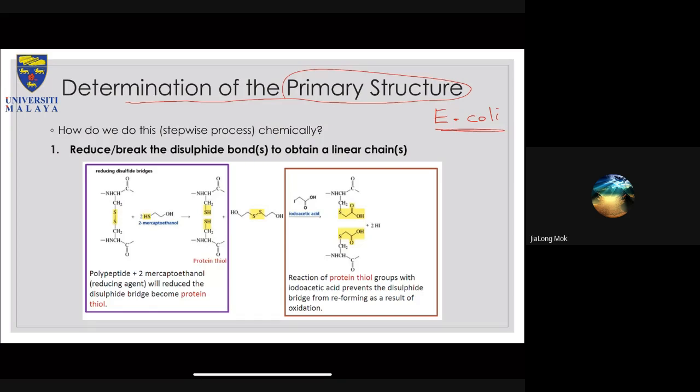So if you want to denature a protein, because it's an unknown protein, you might want to break down the disulfide bond. That's the first one, so that's why I put it here as number one. To break this bond, you need to reduce or break the disulfide bonds to obtain a linear chain. So that is the first key. So to break it,